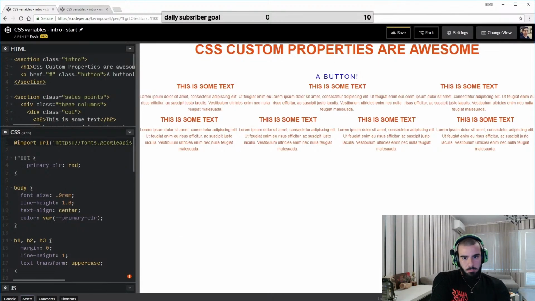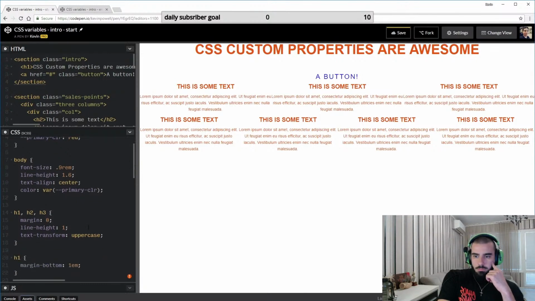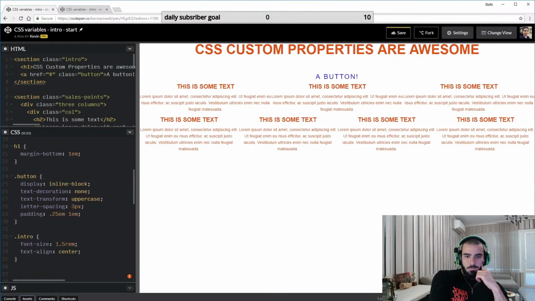Works like that. Now, one thing that's really important to know about these, as I mentioned earlier, is that they cascade, just like anything else. And again, that's why we're writing them in the root. We want them to be global things that we can use anywhere in our document. Because let's say over here, I have this little intro thing. So let's say I come in here and I write